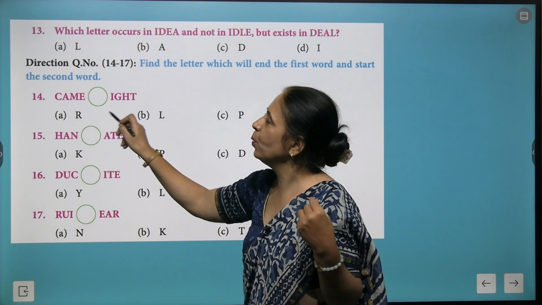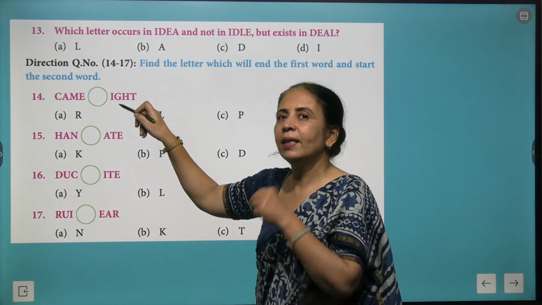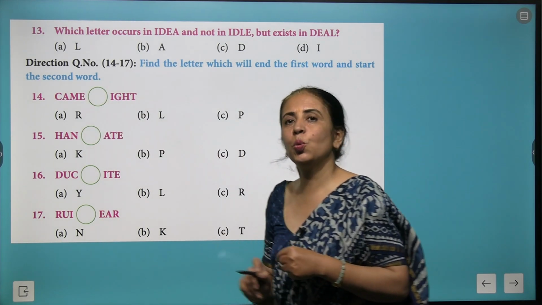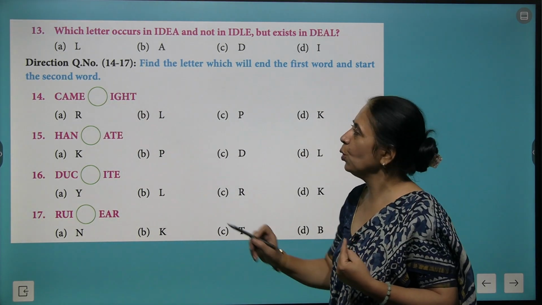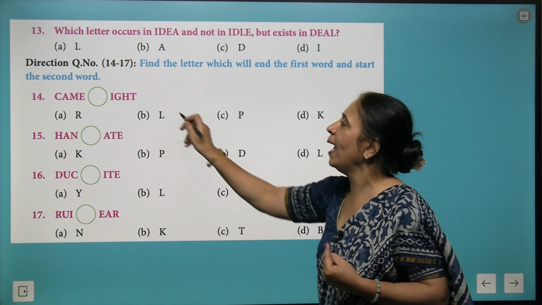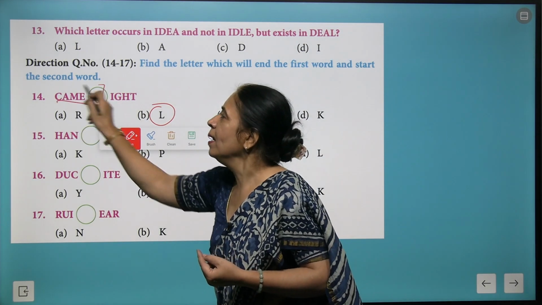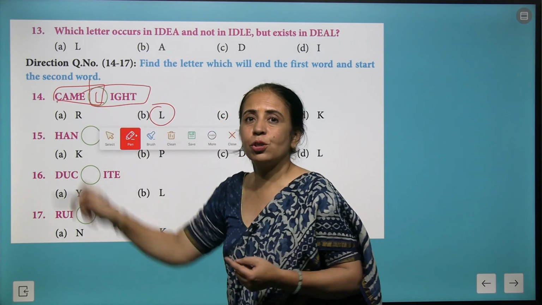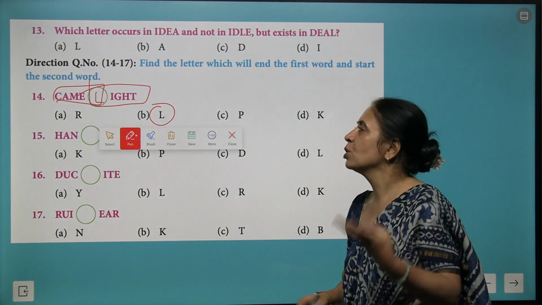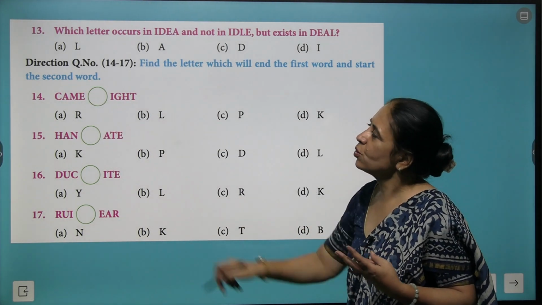You have to put an alphabet in a circle in such a way that it forms 2 words. I'll give one example to you. Let's write C-A-M-E-L. If I put here L, it makes camel and it makes light. So 2 different words are formed. So L becomes your correct answer. In this way, you can try more